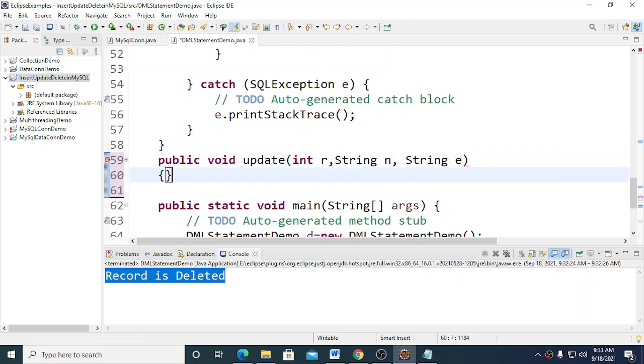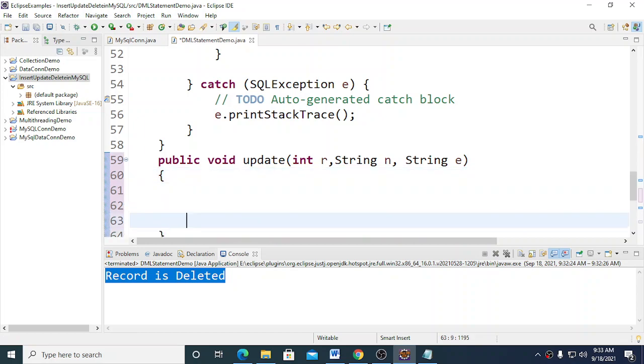This particular function will update the record whose roll number is passed to this function. If I pass roll number 10, name suppose Amol, and email suppose amol@gmail.com, this function will update the record whose roll number is 10.